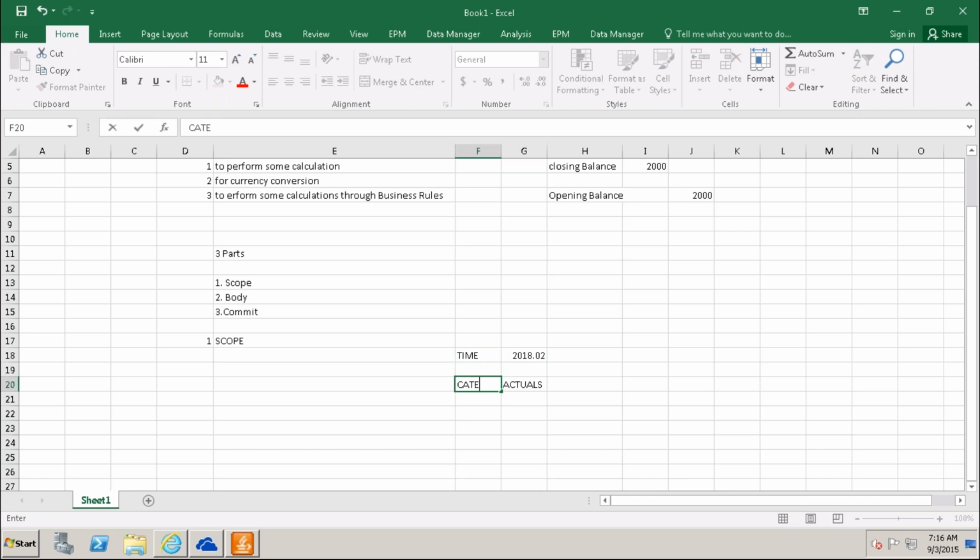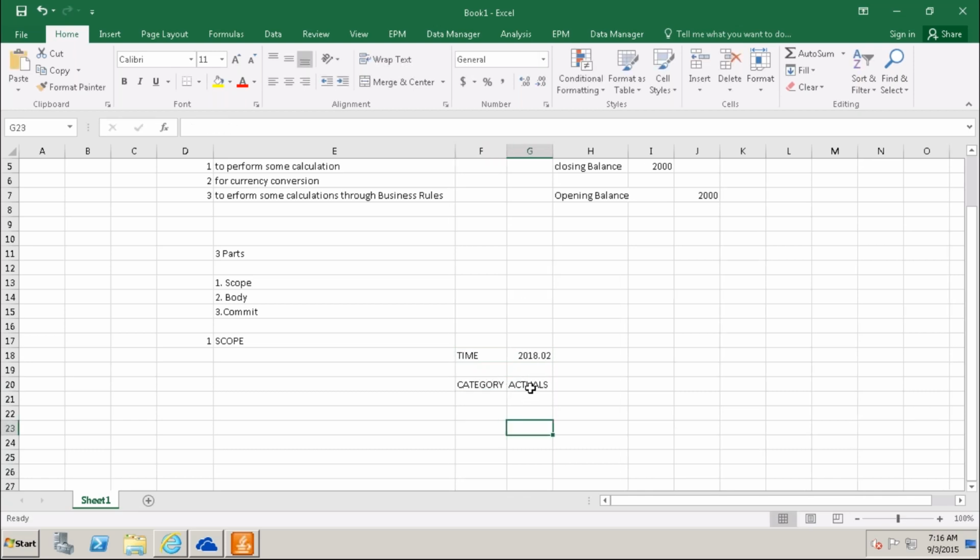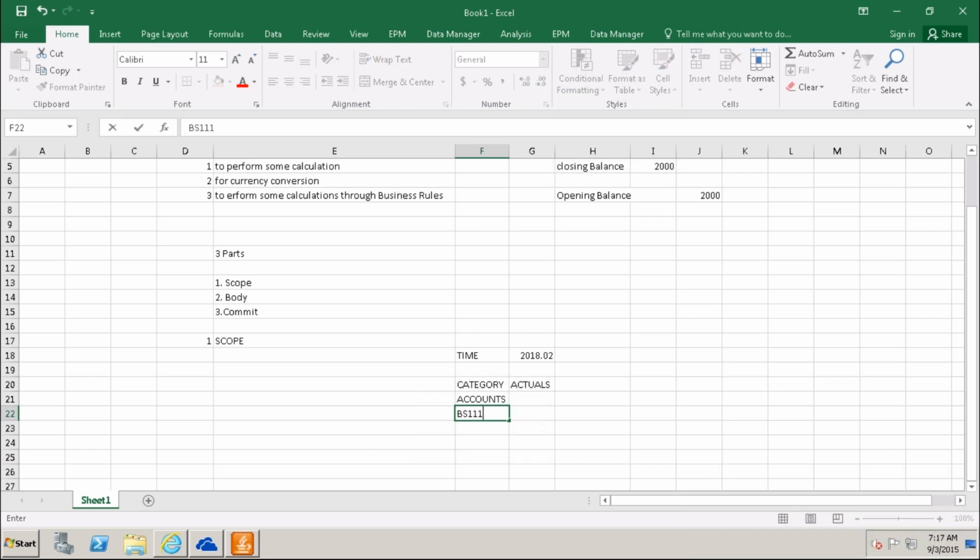This is my category dimension, actuals. When I'm getting actuals, for all accounts I will get all my actuals. Account will have my data accounts. So for all my accounts, I'm getting the actual data. For example, account BS111, we have the account. That account data, 200, I got here.